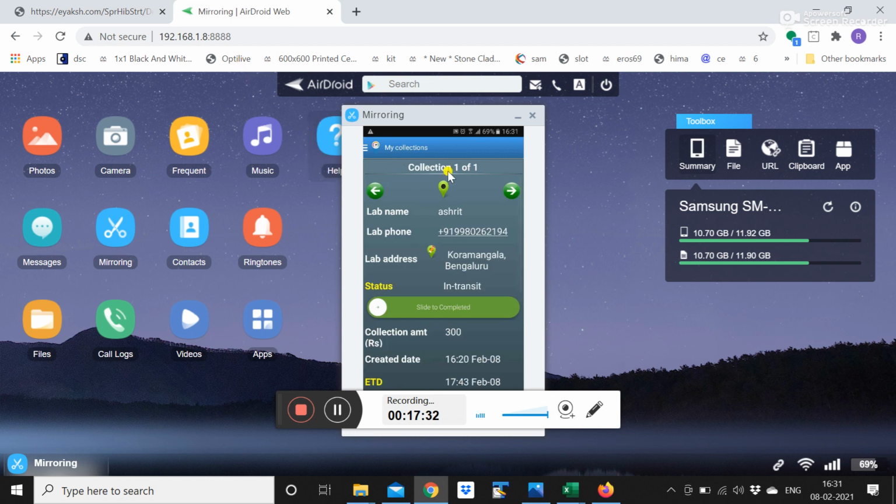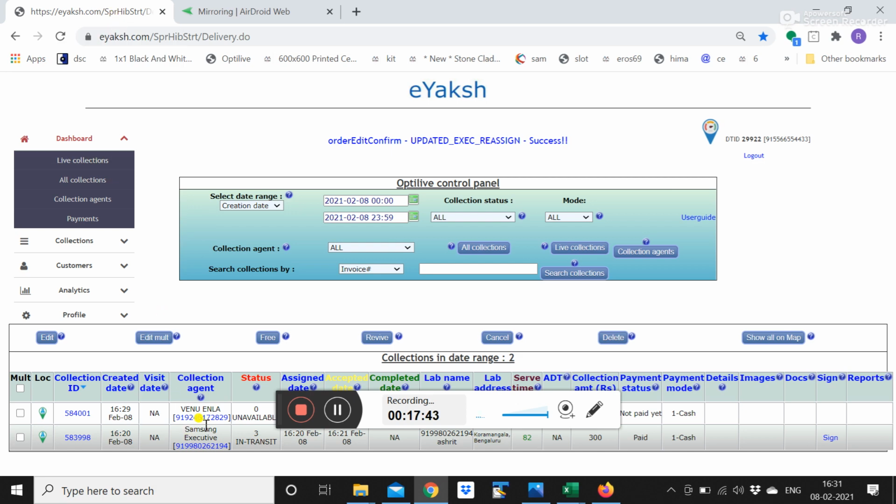You can see there were two collections initially with this person, and the other one that was reassigned has automatically been removed from his mobile. It will appear on the mobile of the Flebo to whom it has been assigned. So it is very simple to use.